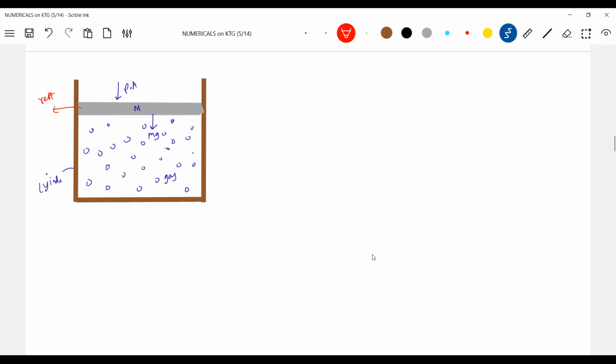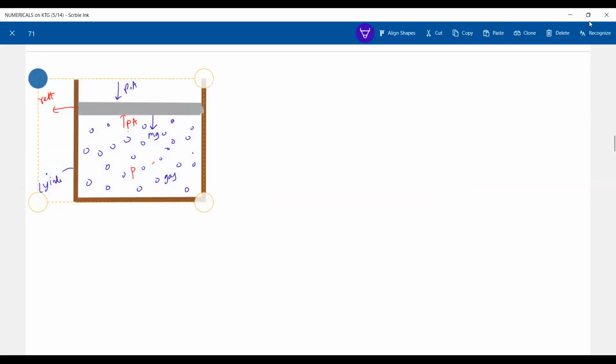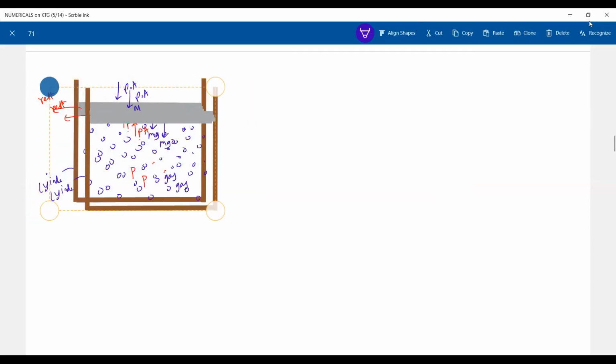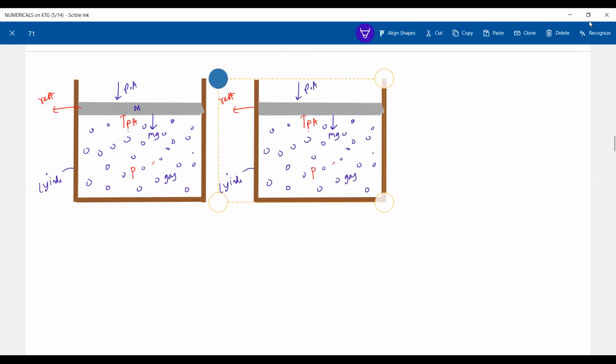So here what I'm telling is that it is the pressure force. What is the P? P is the pressure of gas. So this gas will exert a force, that is P into A. Now, sir, is there anybody inside the gas? You have to ask yourself, who is there inside? Who will balance the weight of the piston and the atmospheric pressure force?